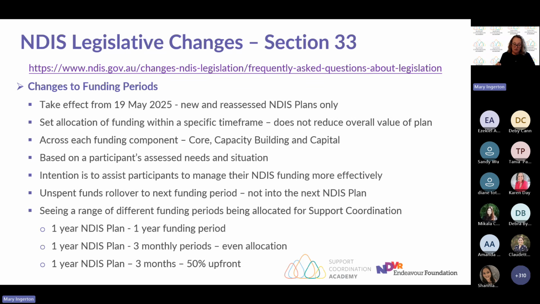So participants can view their funding periods in the NDIS portal, the myplace app, and in their plans. And they'll be able to see how much they have in total, how much is available now, how much they've used, and when their next funding allocation will become available. So with participant consent, support coordinators and plan managers will also be able to access this information via the PACE provider portal. I've received quite a few emails from support coordinators showing me the different types of allocations in the software that they use.